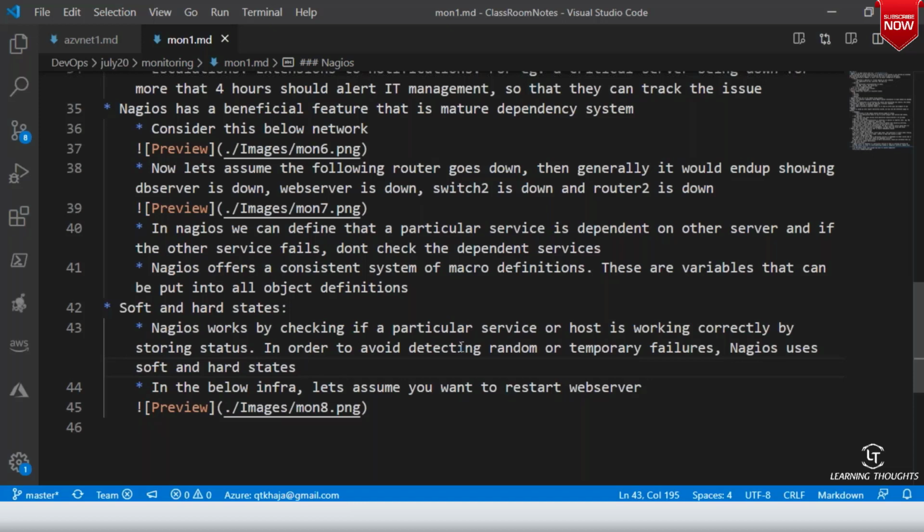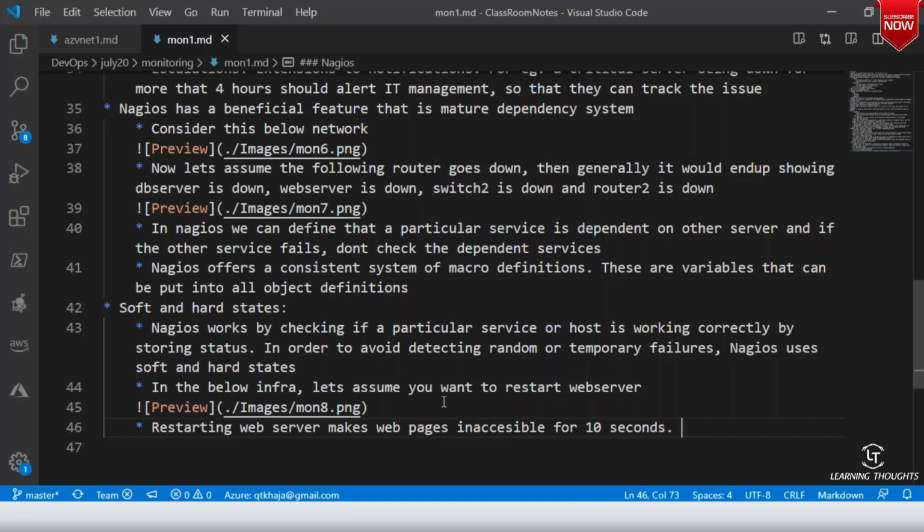So now when you restart your web server, let us assume restarting the web server makes web pages inaccessible for 10 seconds. Now this is what is happening. During this time, the problem could be that you might get loads of alerts, right?